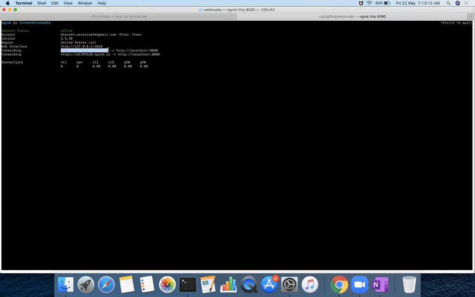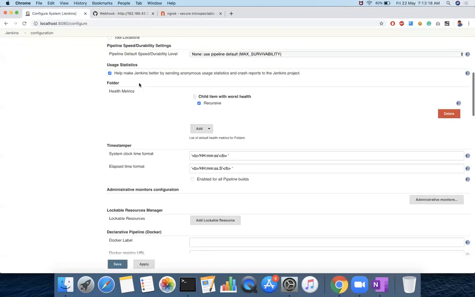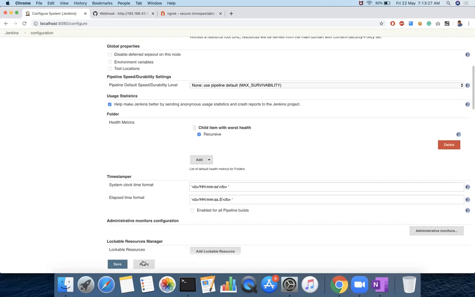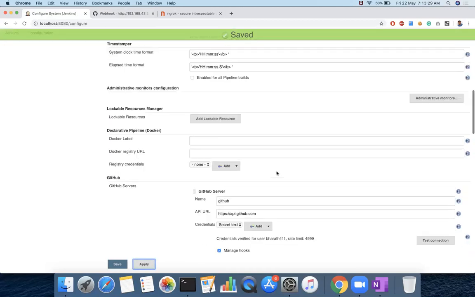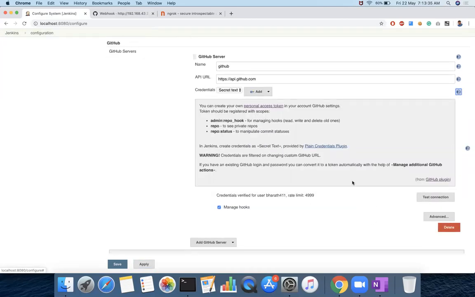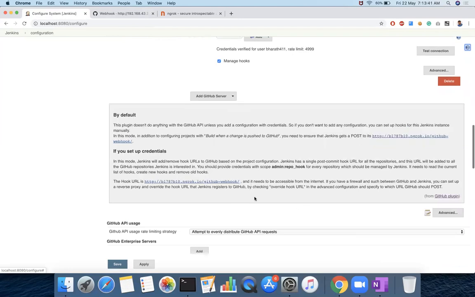That URL can be configured in your webhook. Instead of your Jenkins location, Jenkins URL, you can put this. Automatically your webhook will be updated. Where is this webhook?